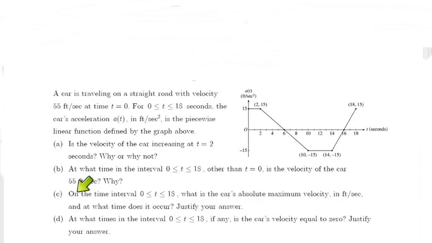This question says, on the time interval from 0 to 18, what is the car's absolute maximum velocity? If you understand that the area underneath this curve equals the velocity, then this doesn't seem that bad. What time does it occur? Justify your answer. Acceleration is the derivative function of velocity. Correct? So if we were to do a sign line graph right here, we would have a critical point at 6, and a critical point at 16. If we were looking for an absolute max, we would also have to consider 0, and we would also have to consider